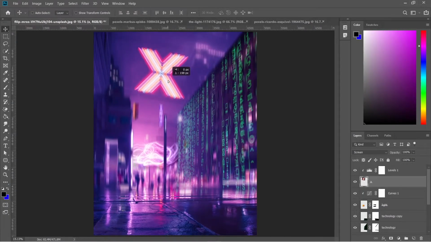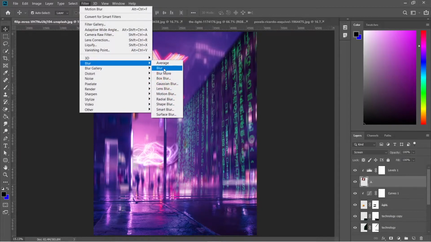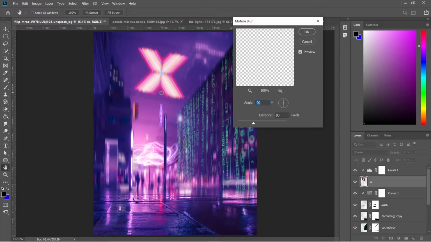Let's place it down a bit. And let's add some motion blur to it. Go to filter, blur, motion blur. And let's increase the distance to 100 pixels.